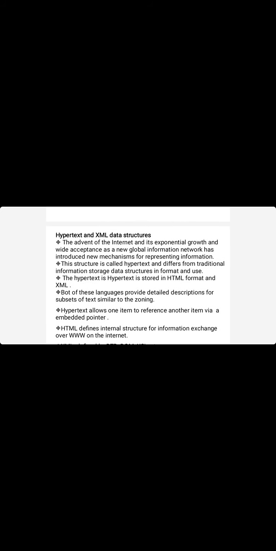The HTML tag associated with the hypertext linkage is a. Suppose I want to link to another page, I have to give href. That is nothing but reference. It is referencing; href is the reference. That is equal to hash name, then closing a. Where I am starting, I am not giving backslash.